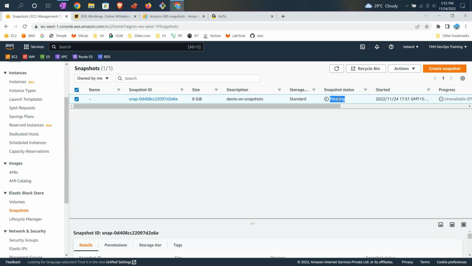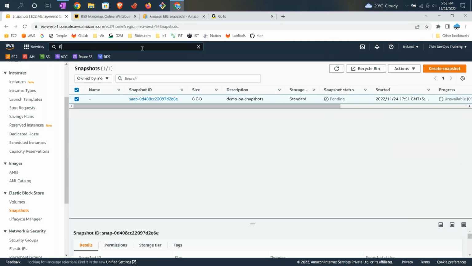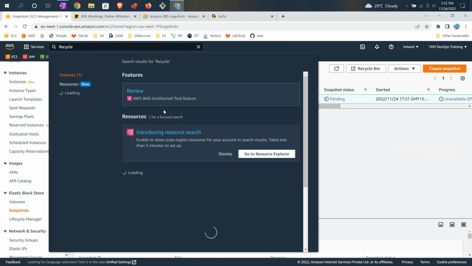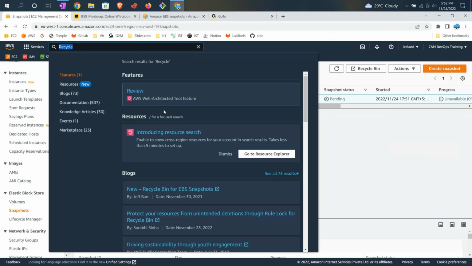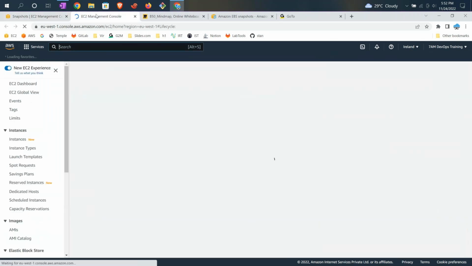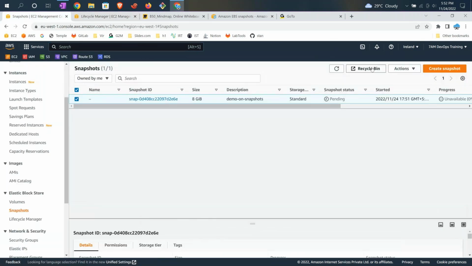So this is one way of doing it. And another thing is, let me show you that. You have an option called Recycle Bin in AWS. So where is that? Lifecycle Manager, not this. Recycle, yeah, this is the option. So if you click this Recycle Bin option,